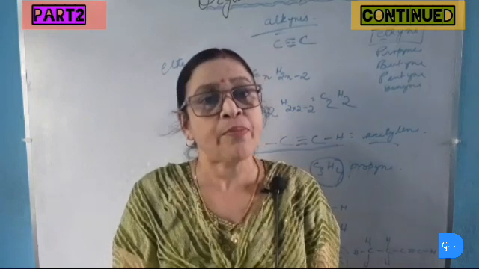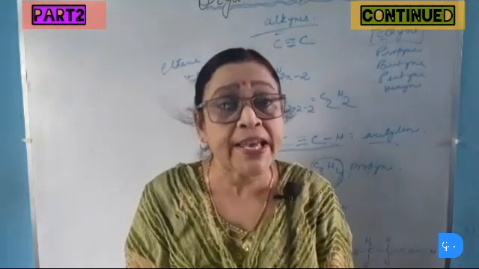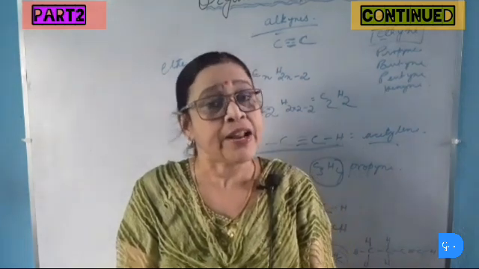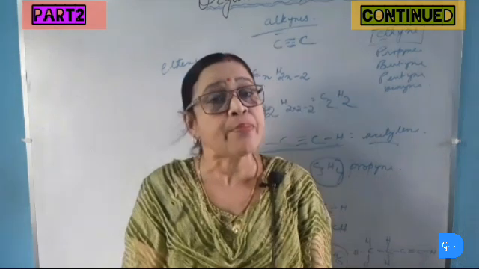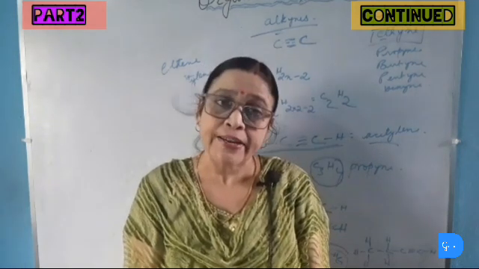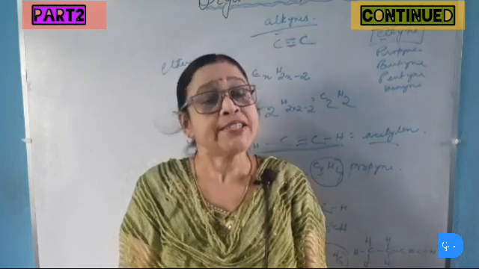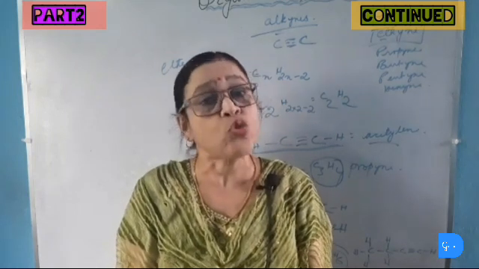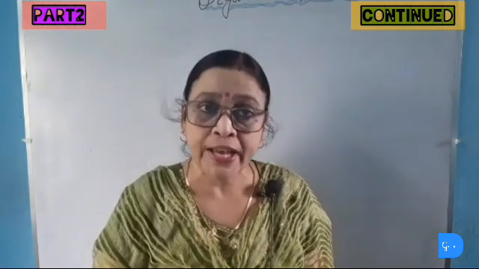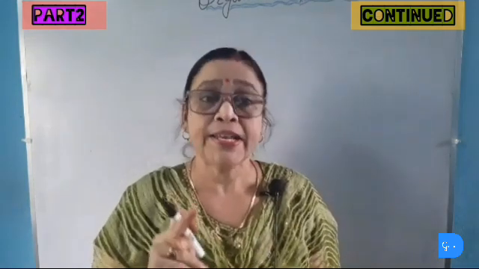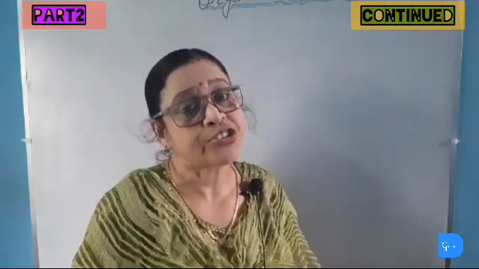The valency of carbon will be the same, that is 4, and the names of alkene and alkyne are derivatives of alkane. For example, if an alkane contains 2 carbon atoms, then it will be called ethane. Similarly, an alkene containing 2 carbon atoms will be called ethene, and an alkyne containing 2 carbon atoms will be called ethyne. Now we will draw the structures of ethane, ethene and ethyne with their structural formulas as well as their electron dot structures.